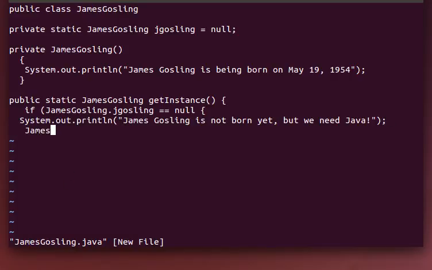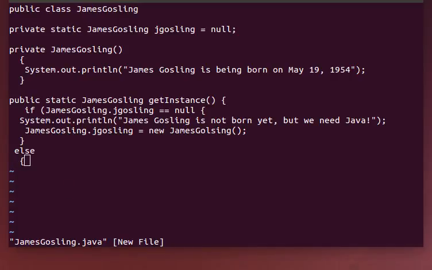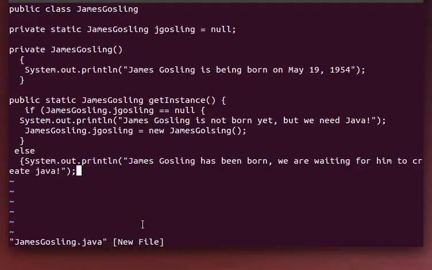And then we'll move it up if it doesn't exist. Else. And then we will return